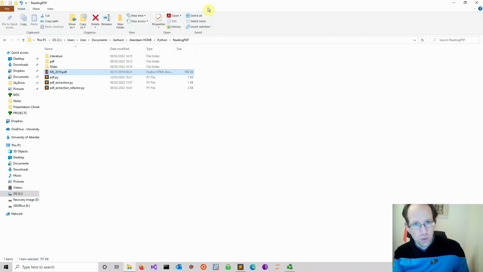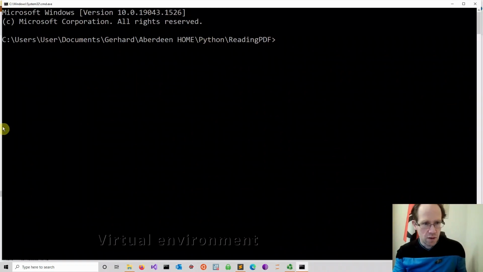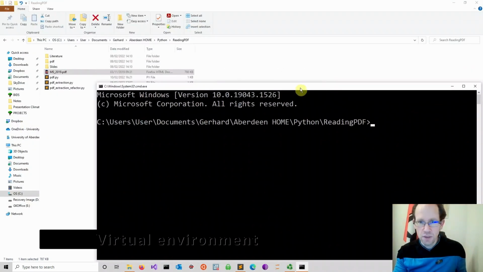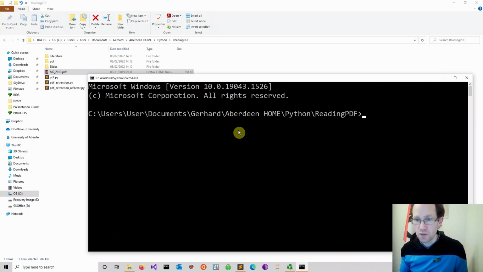Now, let me just open up my command prompt. So in here, I just type in cmd, and I'm in the right location, and at the moment I don't have any virtual environment activated. Now, personally, when I do some professional work, I would strongly advise you to do this in a virtual environment, in particular if you have to install some packages that sometimes can get a little bit tricky, because some of them have, of course, dependencies and so on. So to get a virtual environment, what I have done is I just put in here virtualenv